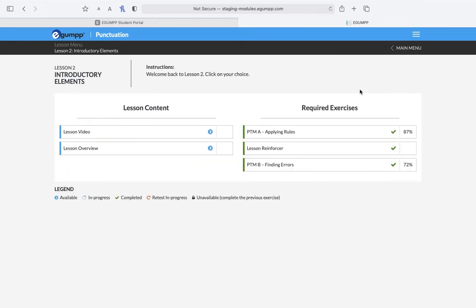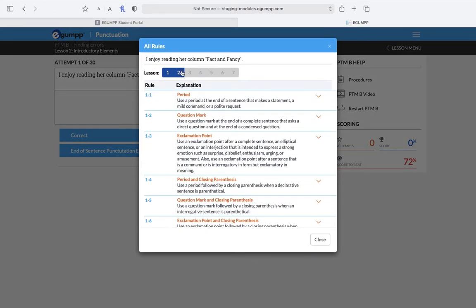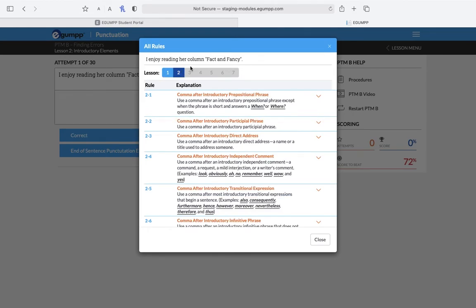Here's how the Lesson 2 PTMB Finding Errors graded exercise is completed. Start by viewing the PTM video and reading the procedures. The displayed sentence will be correct or have a punctuation error pertaining to the current lesson or a previous lesson. Click on View All Rules, select a lesson, and review the sentence examples in your selected rule before making your